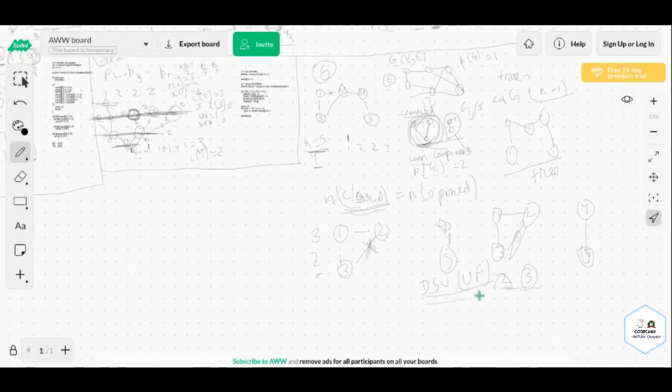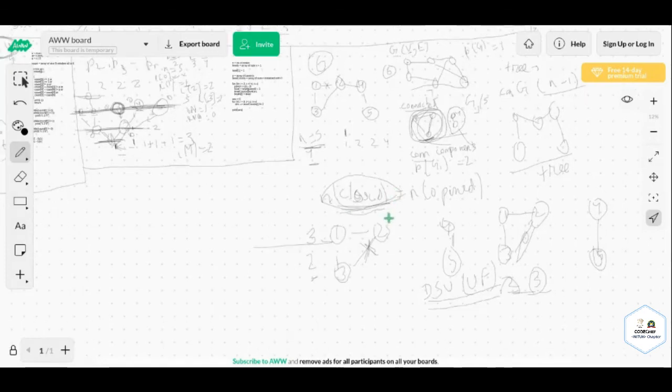Okay, so after DSU has processed all the edges, we will have an array of closed edges which can be closed. And we have all the parents also that are disconnected, so we can connect all these parents. So let's say there is one connected component here with 1 as a root, there is another connected component here with 4 as root, and there is another connected component with 5 as root.